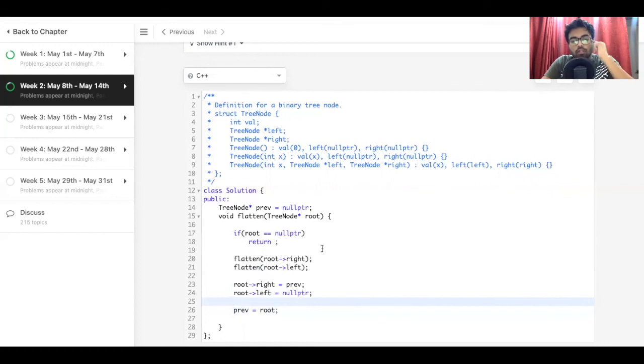So what we are doing here is we are going to the extreme right by calling this function flatten root's right. When we hit the base condition that we reach the null pointer, then we come back and we go to the left of that root to check if the left exists. If it does not, then we make the element point to the previous element. So root's right would be equal to the previous, and root's left would be equal to the null pointer, and previous is equal to root, which we have to store at each step. So this would be acting backward in solving the problem.